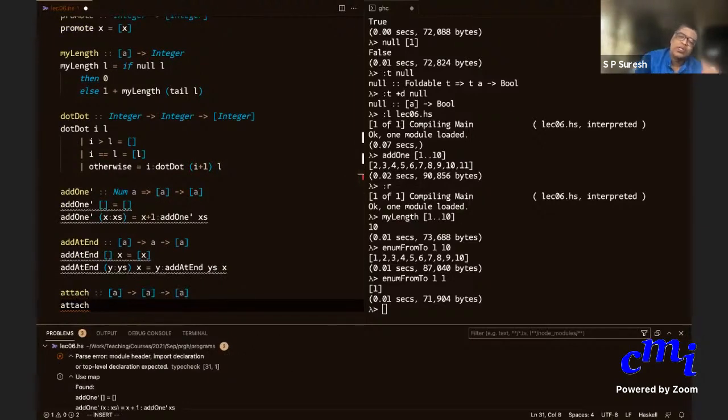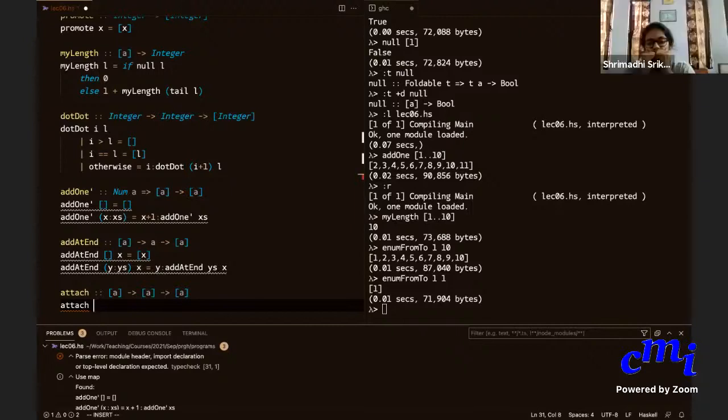Now there are two lists. I can do induction, or recursion, based on either list. Should I view it as attaching one list to the end of another list, or to the front of the other list? I have x's and y's. Should I view this as attaching y's to the end of x's, or attaching x's to the front of y's? Front is easier. Yes, attaching x's to the front of y's.